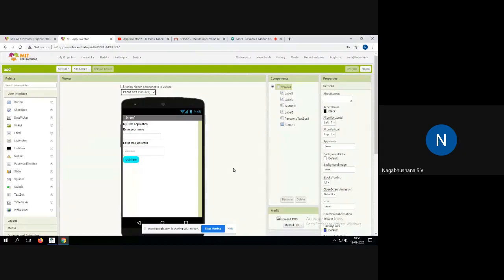The second is what is called MIT App Inventor. This is a tool used to develop Android-based applications and can be deployed onto a mobile platform, and also onto your systems if you have any kind of Android hardware components within it. So this is actually a very simple tool.